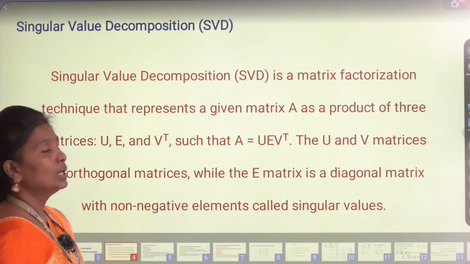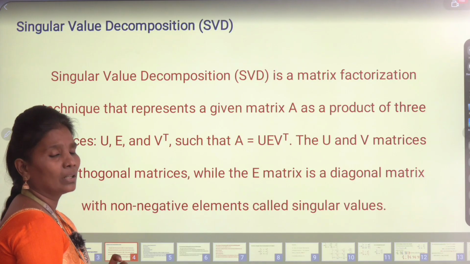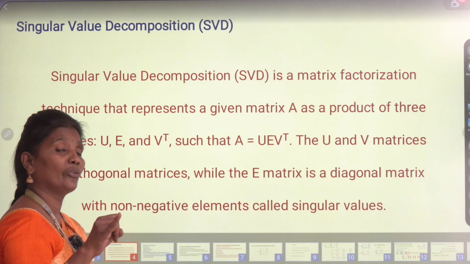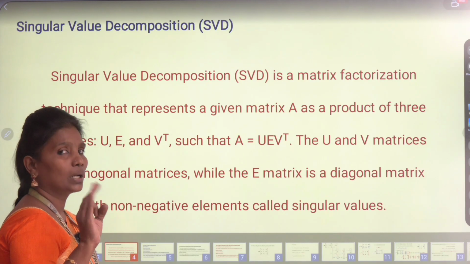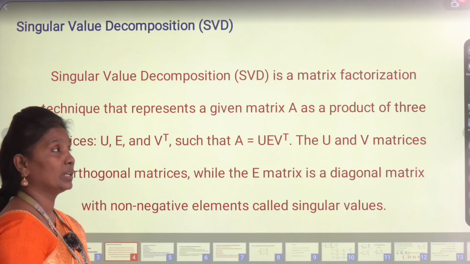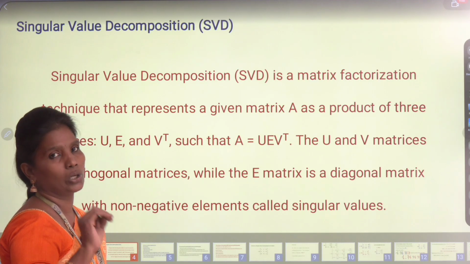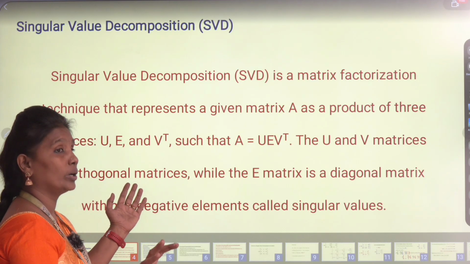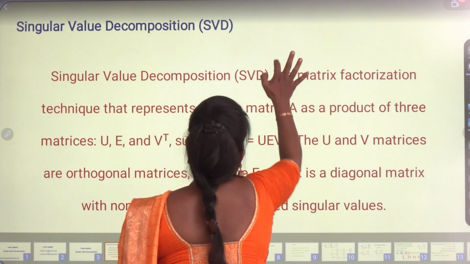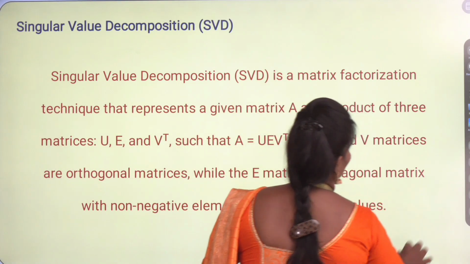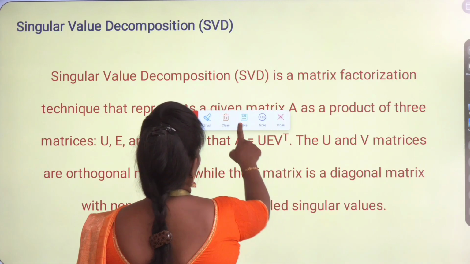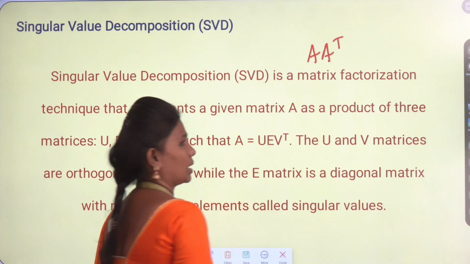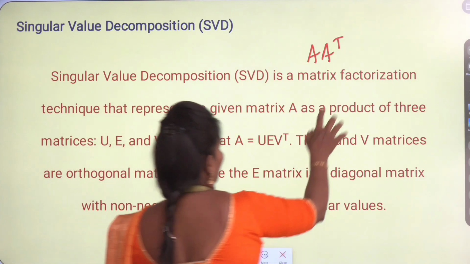U is nothing but the eigenvectors. First you find the orthogonal matrix, and for that orthogonal matrix you find eigenvalues. A 3 by 3 matrix means you get 3 eigenvalues. For our given matrix, we don't get 3 proper eigenvalues because some of the values are going to be 0. So that's why here we form an orthogonal matrix, A transpose A. Okay, A transpose A is an orthogonal matrix.